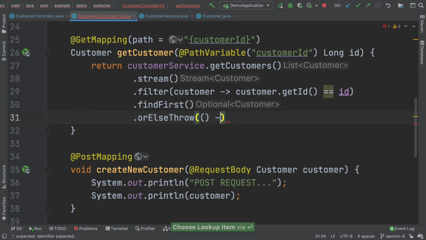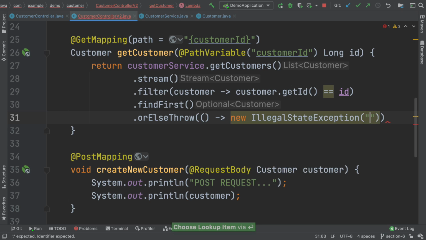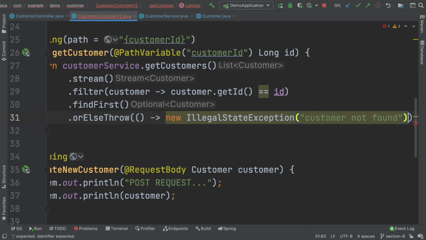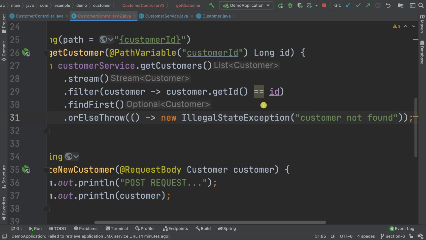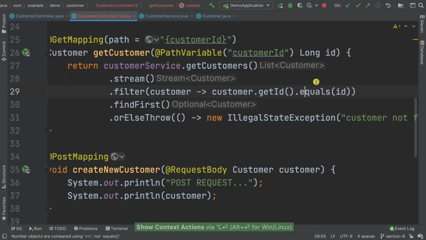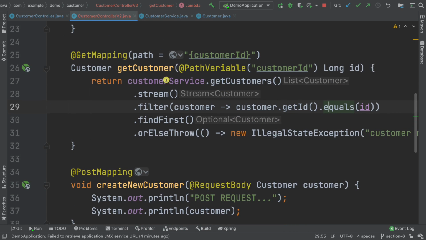So we're going to learn more about exceptions in a second. So here I'm going to say new illegal state exception, and then I'm going to say customer not found, and that with semicolon, and there we go. So in here, IntelliJ is actually saying that I need to replace that with equals, which makes more sense because these are two objects. And you can see that now, if I restart,